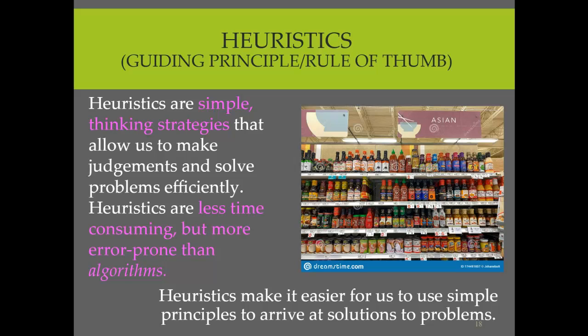So the algorithm, if we were trying to find the duck sauce, then we were going to look at every single row. The heuristic, I would make a guess. I'd say, well, I think duck sauce, it's something that's like a condiment, so I'm going to check out the ketchup and mustard area. Or if this store has an Asian food aisle, I'm going to just go straight to the Asian aisle and look there. So I go there and maybe it's there, and that was much faster than the algorithm. However, it could be something totally weird, and it could be just like in the olive oil section, which would be weird and wrong. But anyway, so heuristics make it for a faster way to solve a problem, but sometimes they're incorrect.